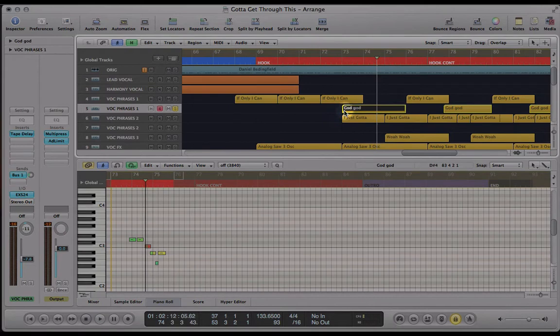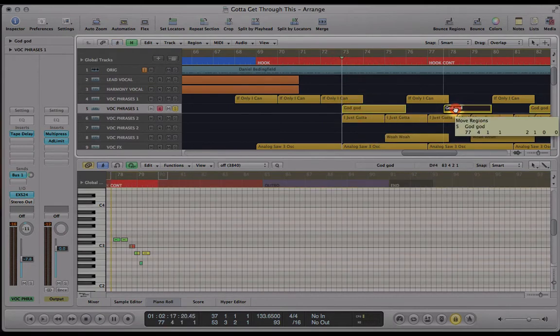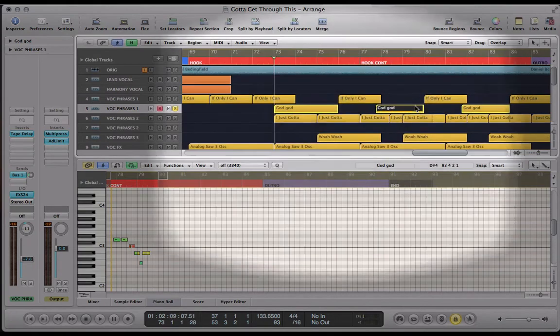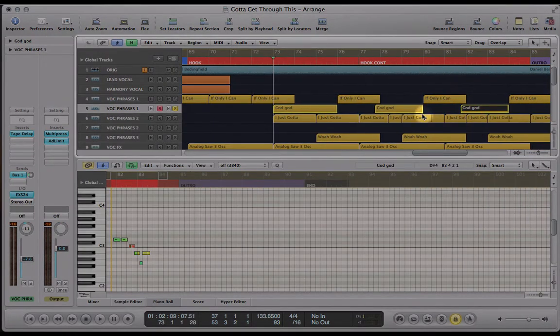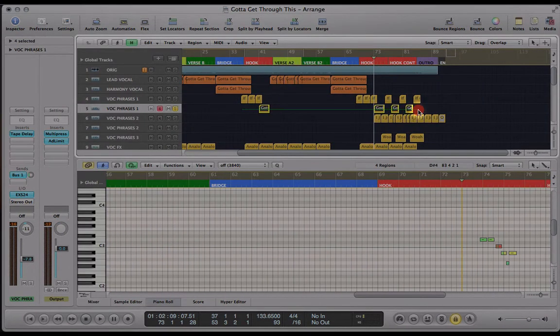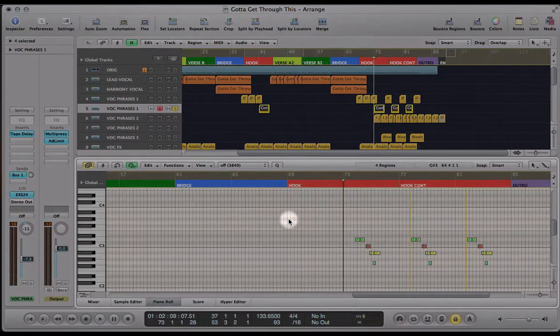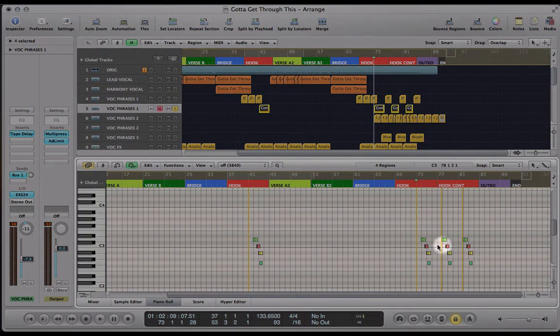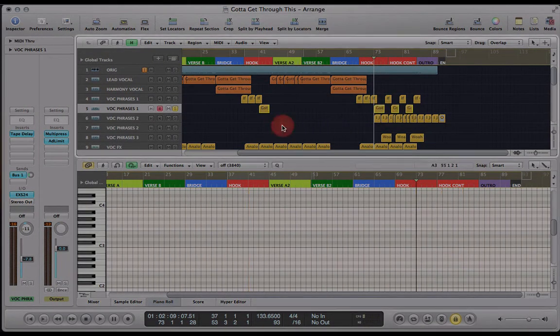So if you were copying that from bar 41, just copy it straight to bar 73, then to 77, 81. So it's the same each time. If we look at all 4 of those in the piano roll editor, you can see that they're all identical. Okay, so that's the second one. Just like the first one, a little bit panned over to the left, exactly the same delay. On all of these, I've just got a touch of reverb just to bed them in.